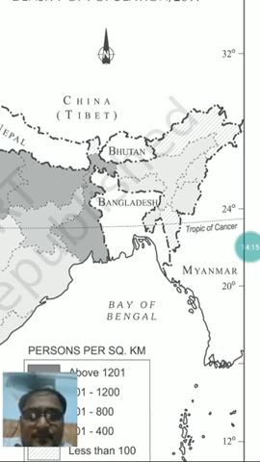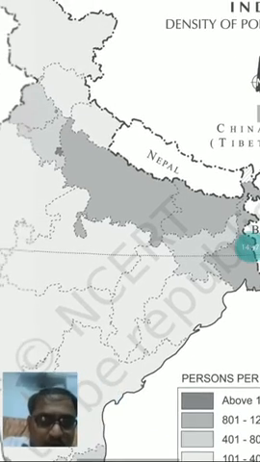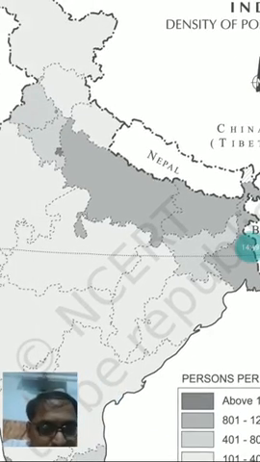Tripura, not Agartala, the state name is Tripura, then Manipur, Nagaland, Meghalaya. These are moderately or below moderately, meaning comparatively less densely populated states of the northeast. So these states, including the Himalayan states of Jammu and Kashmir, Himachal and Uttarakhand, okay,